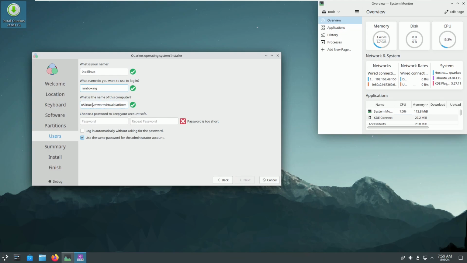What is the name of this computer? I'm going to keep the 9to5 Linux. Choose a password to keep your account safe. I'm choosing a simple password for the sake of the video. So here is our password. Everything is correct here. So after choosing the password and all those things, you need to click on login